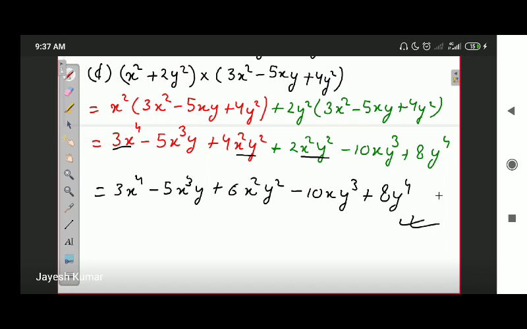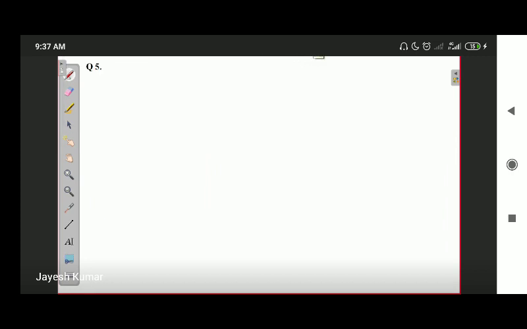Okay. Now we are done with the basic multiplication. We are going to do the same type of questions that we did yesterday, or that I discussed in the problems. There are 3 of this type of questions. I am just going to discuss question number 6 with you. I will leave question number 5 and 7 to you. So apart from the remaining part of question number 3, question number 4, question number 1 and question number 2, you also have to do question number 5 and question number 7.